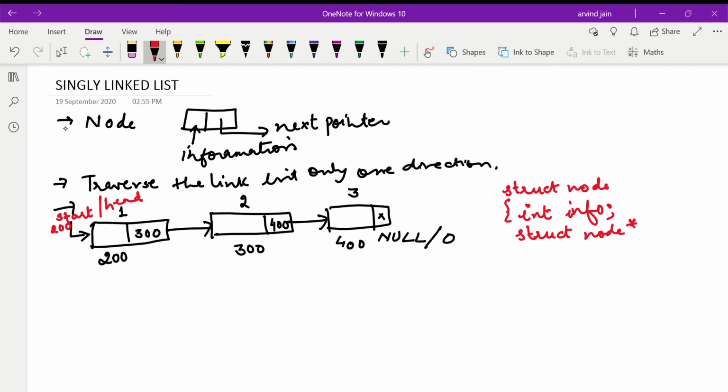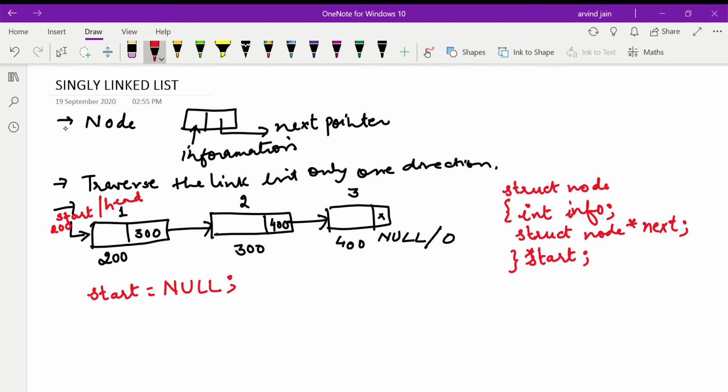Therefore, the type of this pointer will be struct node. We also have to declare a pointer start which holds the address of the first node in the linked list. Initially, when there is no node in the linked list, this start should point to null. You can write it as null, or in C you can also give the value 0.